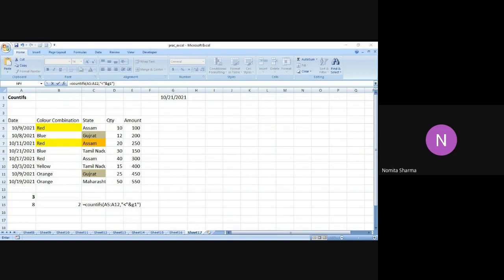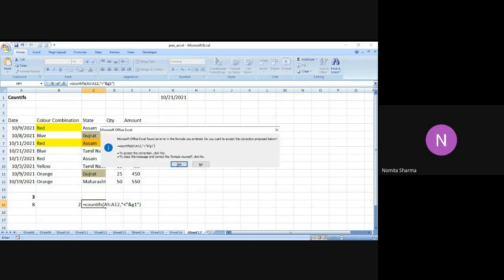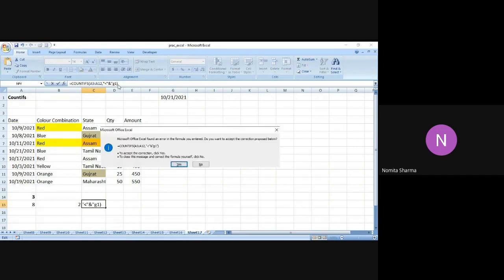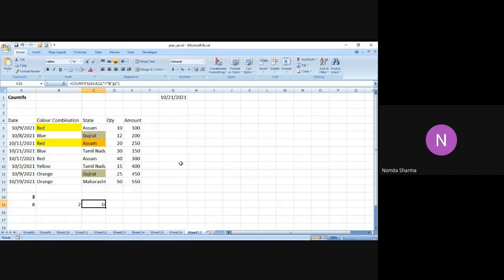I hope I have used that. Let me one more time check. And yes, I've used it. So let me press enter and let's see what I get. So there is an error. I need to find, oh, the error is, okay. The error was very simple. Okay, so it has given me 0 as the answer.